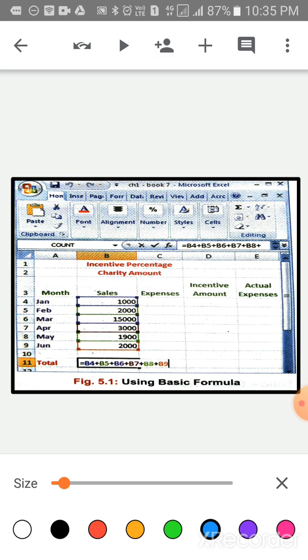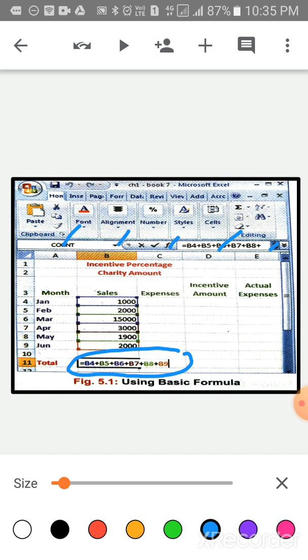Here we have given a format, month and sales. Months are January, February, March, April, May, June, and we have to type the total here. Children, these are columns: column A, B, C, D, E, and these are rows.